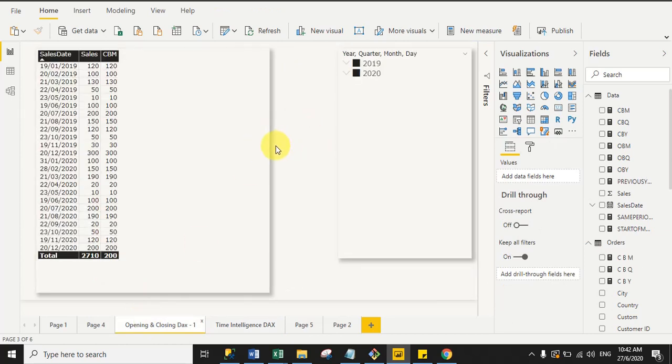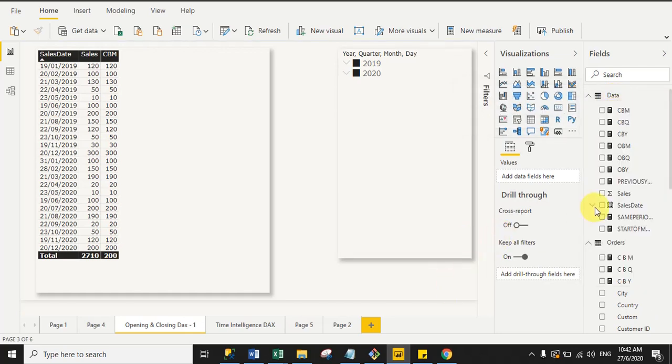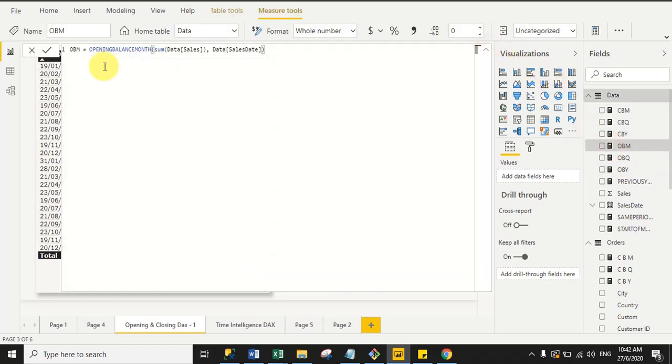Now we will create a measure for opening balance month, right? So opening balance month returns the first date of the month, right? So just right click on your data set name, simply click new measure, then write the DAX function. Okay, so I already created it here, so you can see here it is also simple.